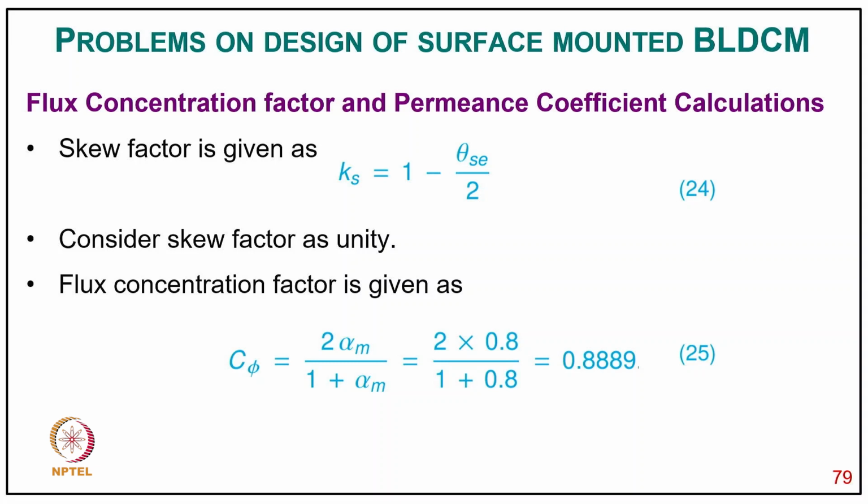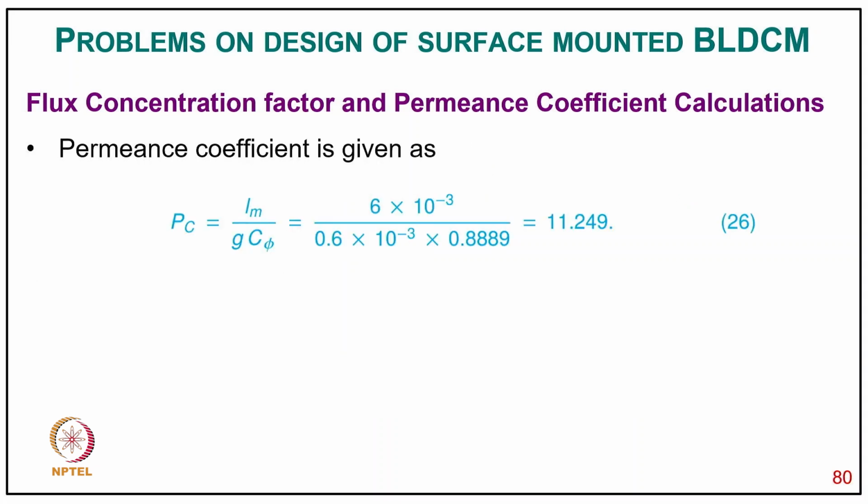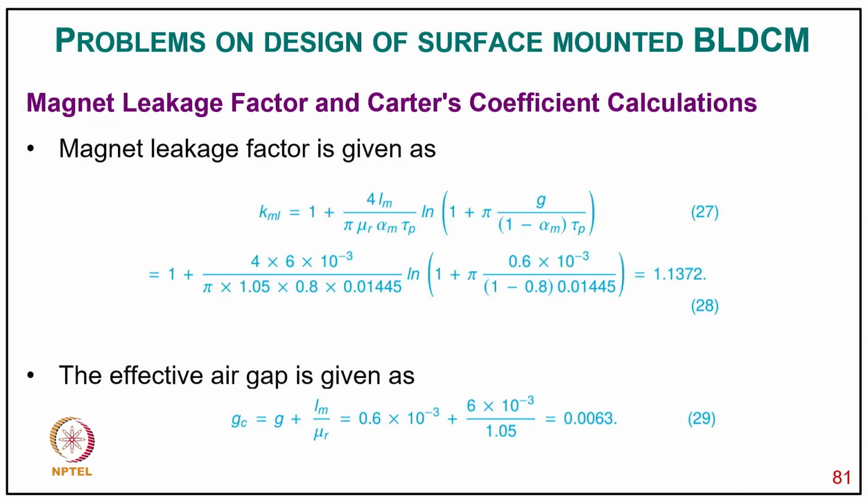So considering skew factor as unity, the flux compression factor Cφ equal to 2 αm upon 1 plus αm, it comes 0.889, and permeance coefficient Pc equal to Lm upon G into Cφ, putting a value, it comes 11.249, and magnet leakage factor, that is KML equal to 1 plus 4 Lm upon π μr μl αm τp into logarithm of 1 plus πG upon 1 plus αm into τp, and putting value, it comes 1.1372,